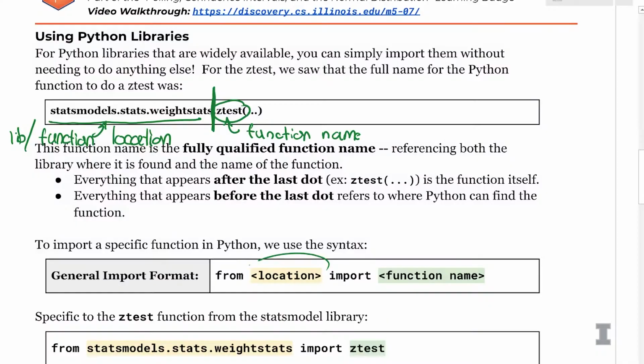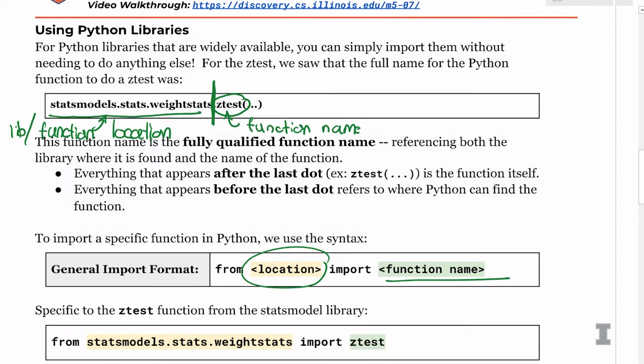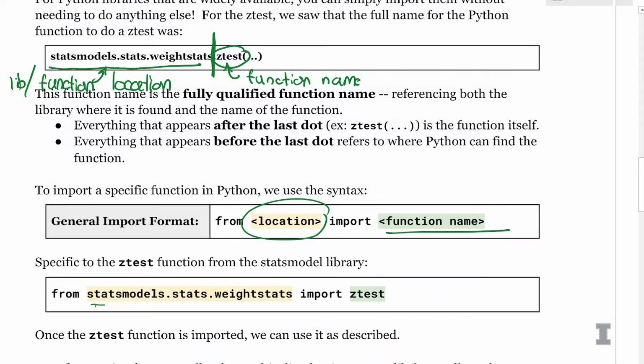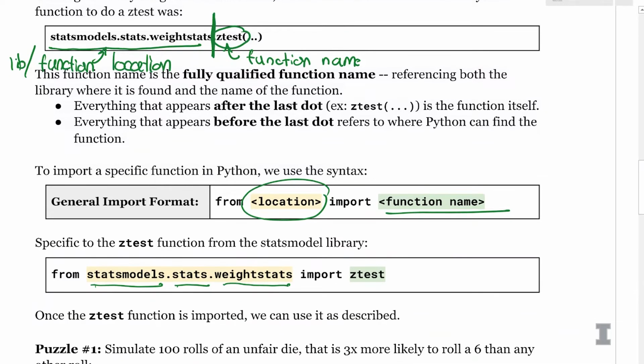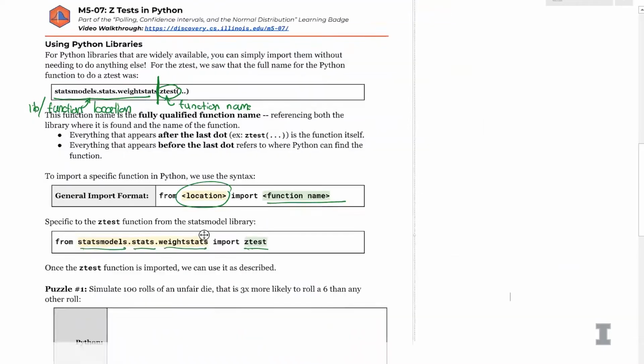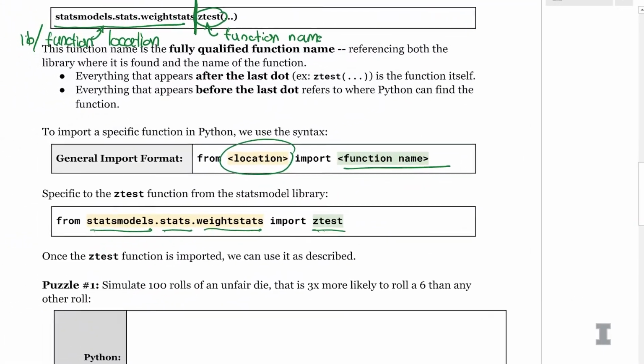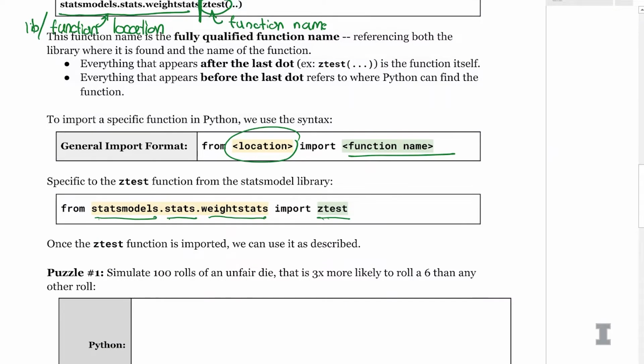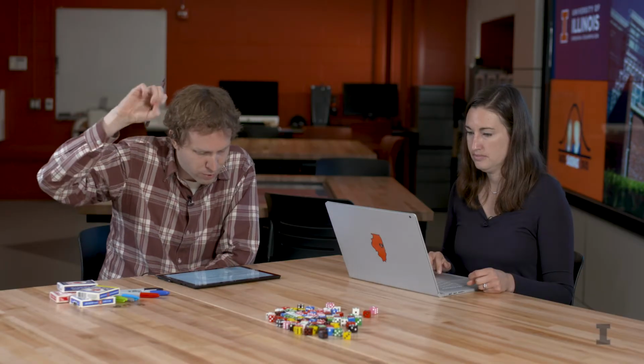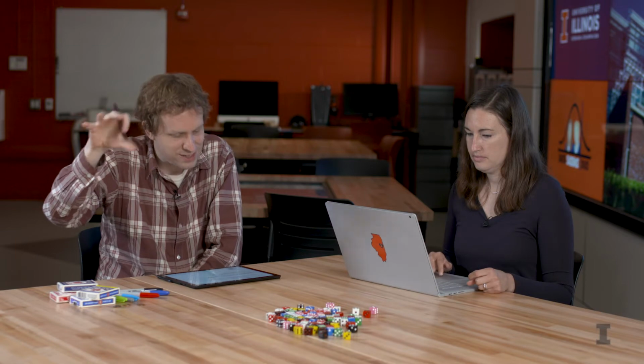Here, the location is statsmodels, all one word, all lowercase, dot stats, dot weightstats, so not weighted stats, just weightstats. And then we import ztest, which is the name of the function. This finds the statsmodels library, and inside it the stats sublibrary and the weightstats sublibrary, and then finally imports the ztest function.